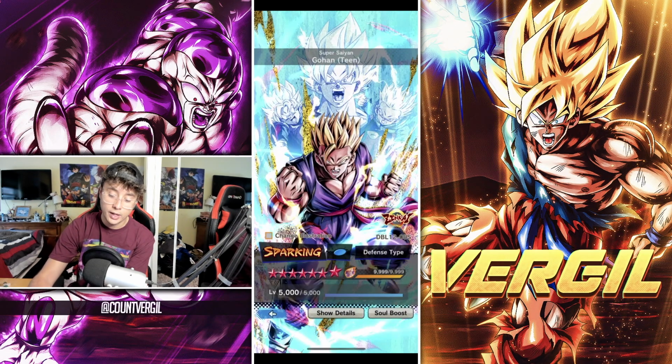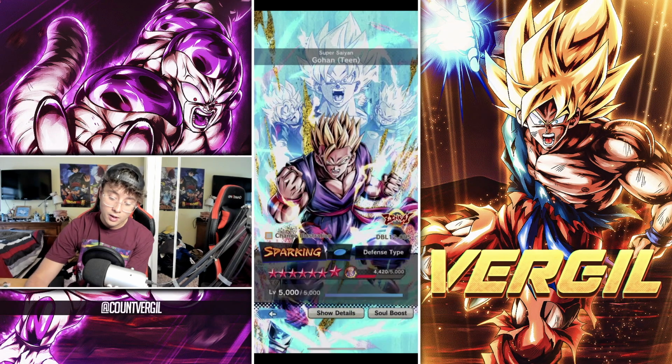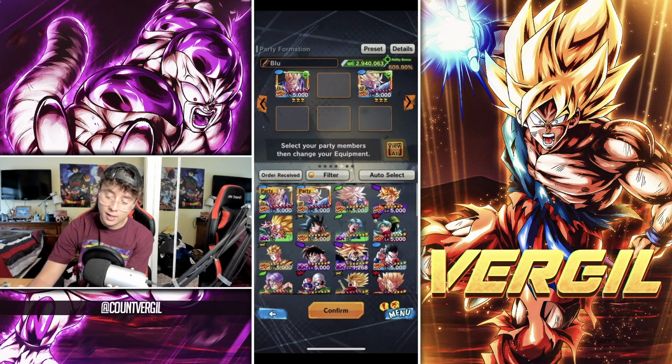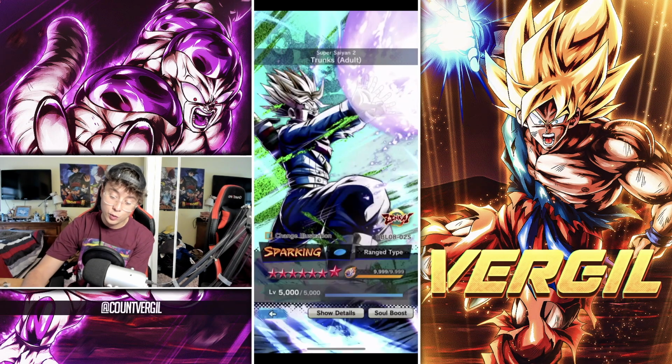The teams that Gohan fits on right now are really, really good. I love running him on Super Saiyans. The reason I don't use Trunks that much is because I've been using hybrids. I've been using Sun Family for a really long time. I've been using the main 3 hybrid core units, and Trunks is just, he's there. He's really good, but